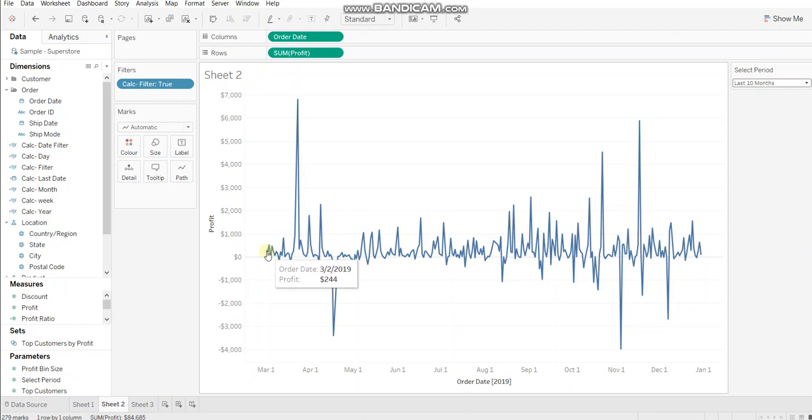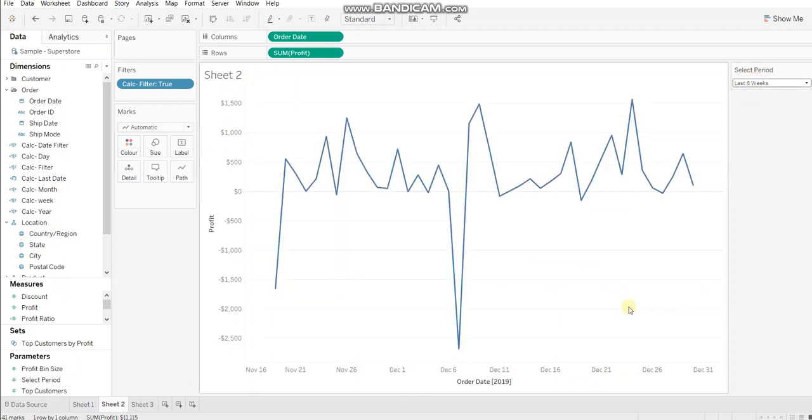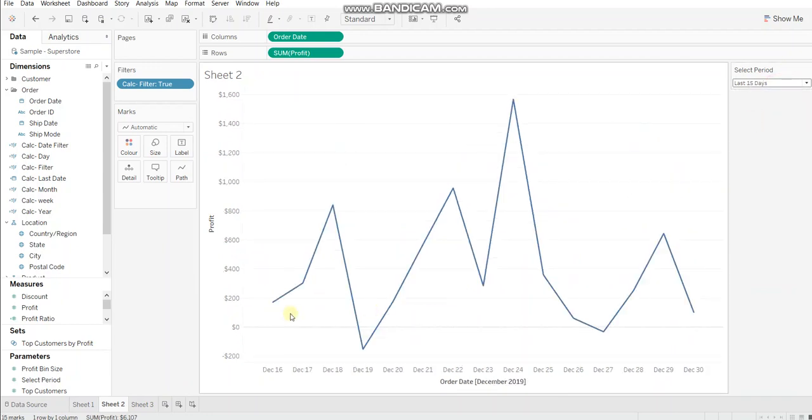Since there is no data for 1st of March, that's why it's starting at 2nd of March. Now let's see for 6 weeks. Here it's 19th of November and for last 15 days it's showing data from 16th of December until 30th of December. So that's how you create calculations for period specific scenarios.